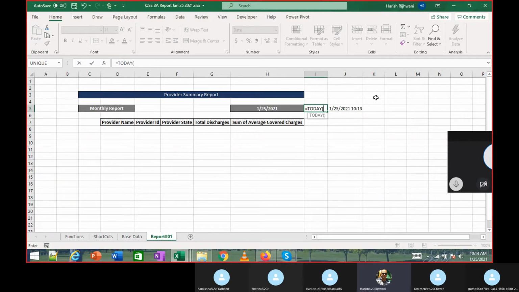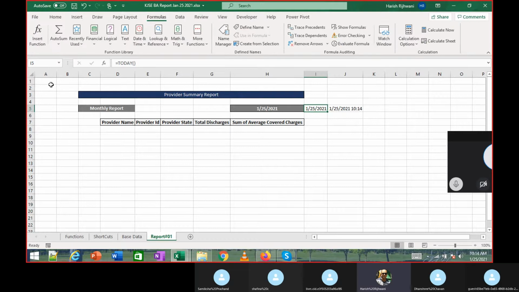So when I type TOD and press tab, the entire function comes in, and I press enter. The other is using NOW. Again it tells you it returns the current date and time formatted as date and time. Got it?